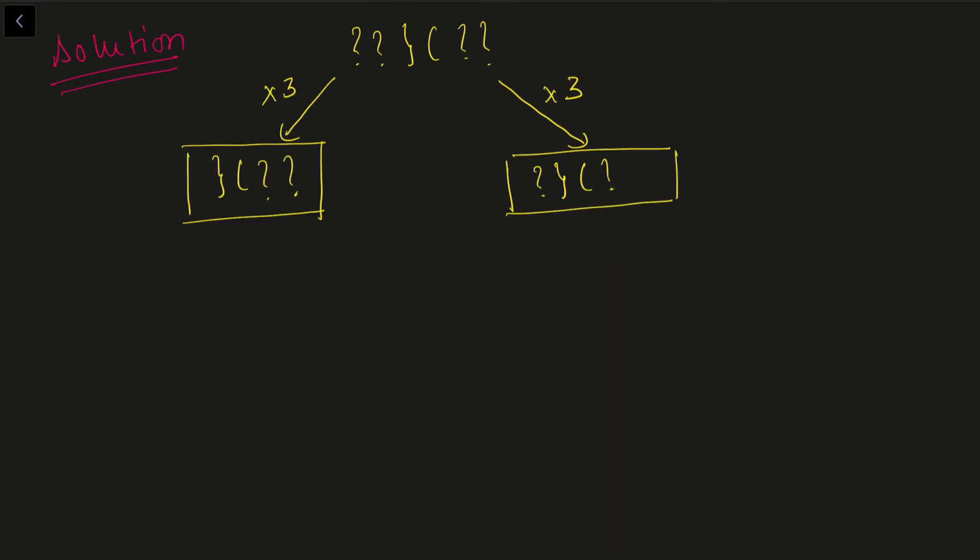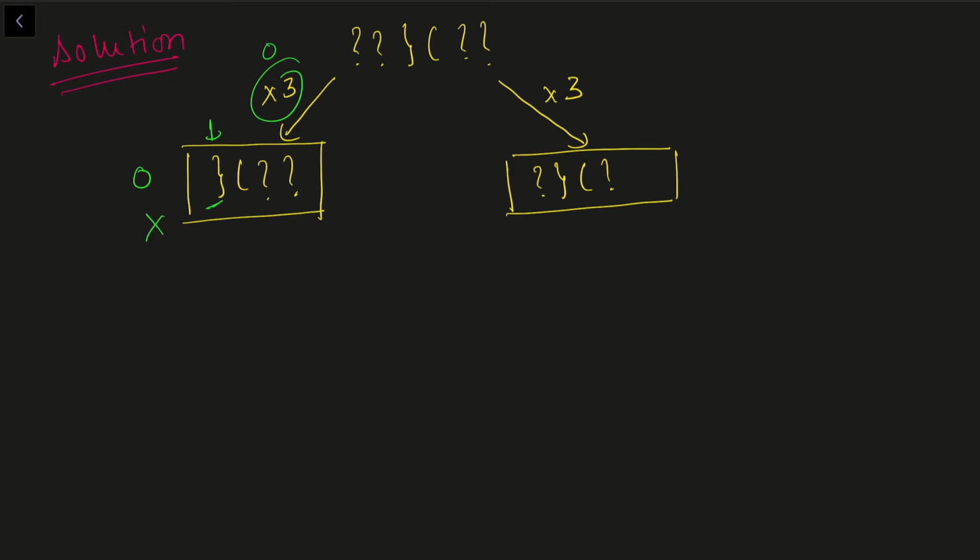So again we can do the same. Let's iterate on this string. I'll fix my first character of this string, and I'll assume that this is an opening bracket, but in this case as we can see, this is not an opening bracket, so this choice is again invalid. Since it is a closing bracket and we cannot find a pair of this bracket, we can just return 0 from here, and 3 multiplied by 0 will be 0. So this is again invalid.